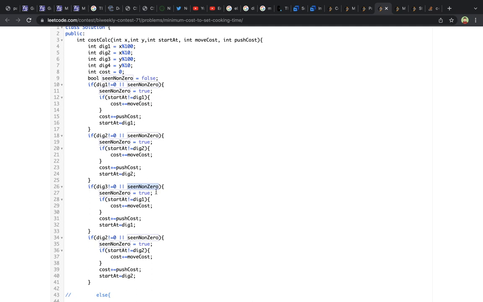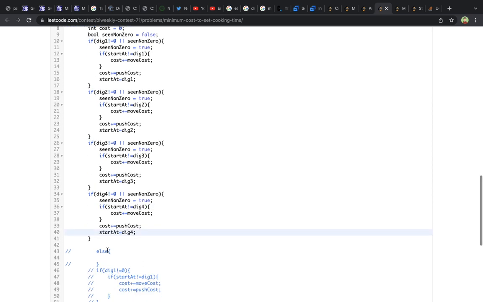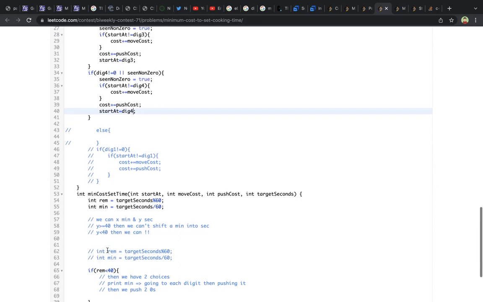And if we haven't seen a non-zero and it is a 0, then we don't do anything, right? Okay, this was 4. This is really bad code, but